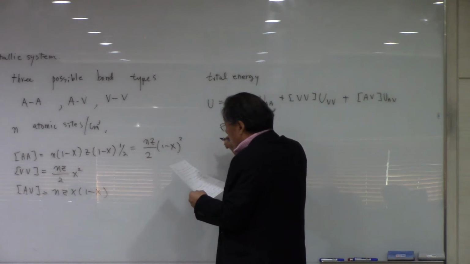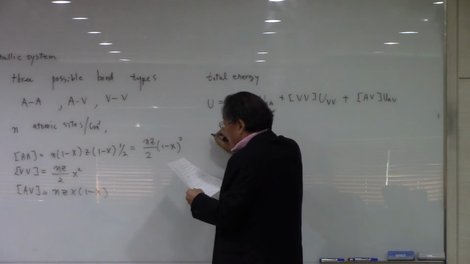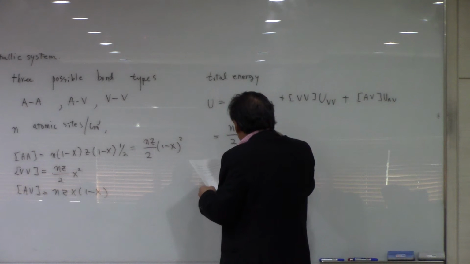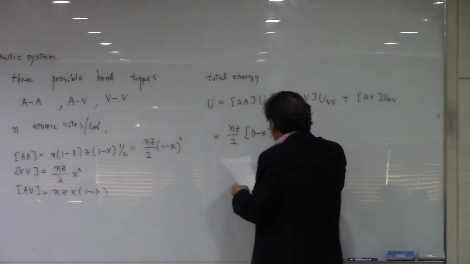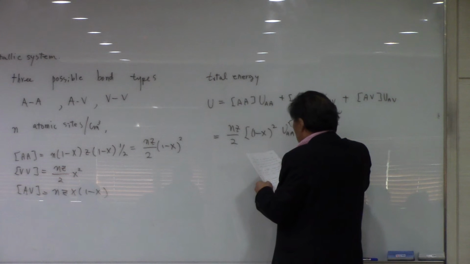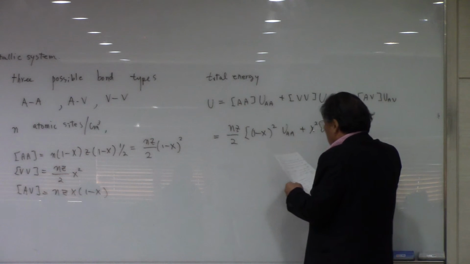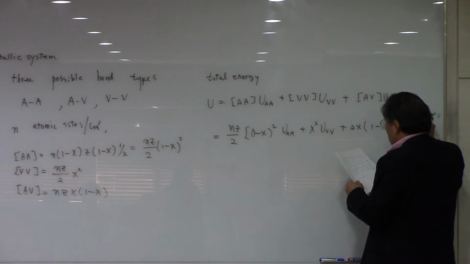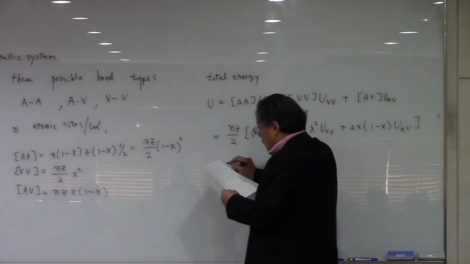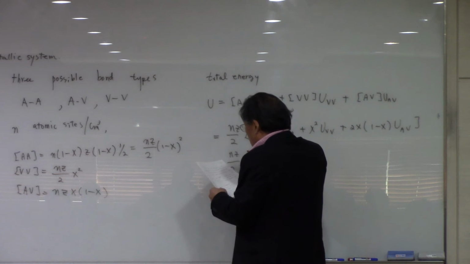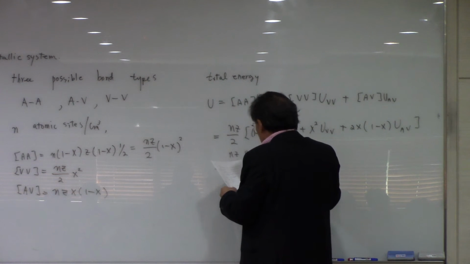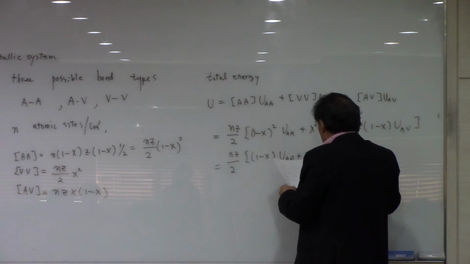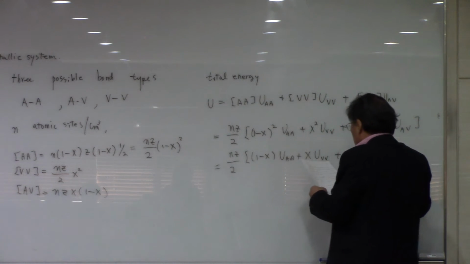And that is NZ over 2, (1 minus x) squared UAA plus x squared UVV plus 2x(1 minus x) UAV. And then that is going to be NZ over 2 times (1 minus x) UAA plus x UVV plus 2x(1 minus x)